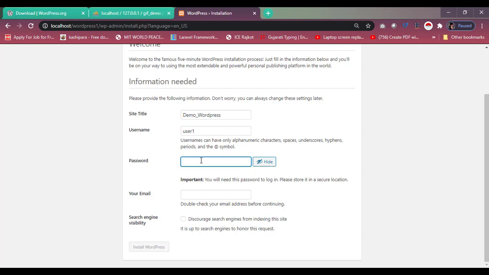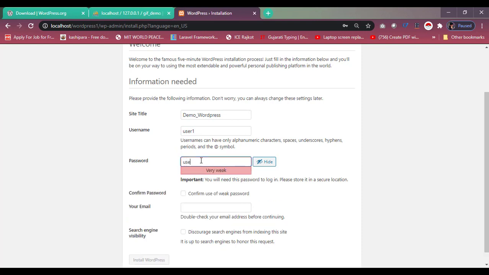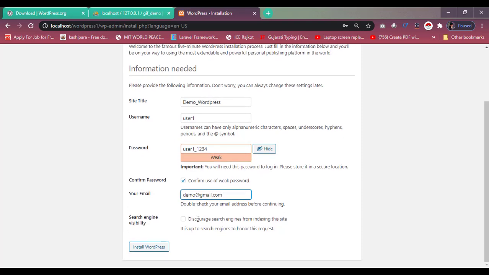We will change it to anything like user1 underscore 1234. Now if you use a weak password, you have to click confirm use of weak password. And now we'll provide the email ID, that is demo@gmail.com. You can provide your email ID here, and now we'll click on Install WordPress.